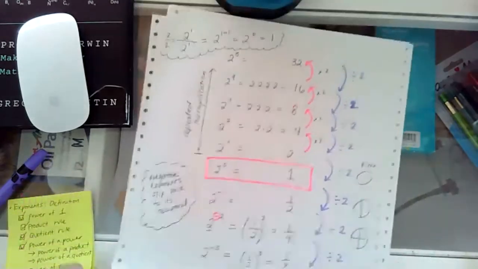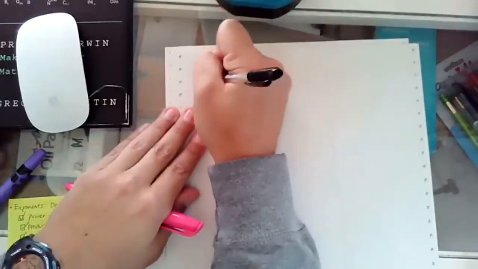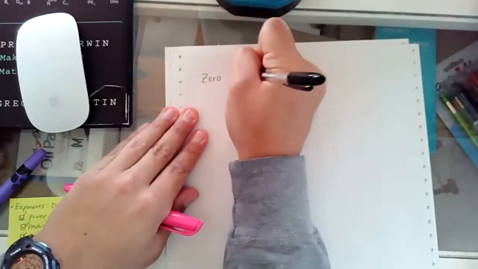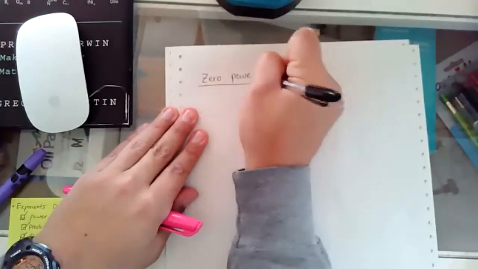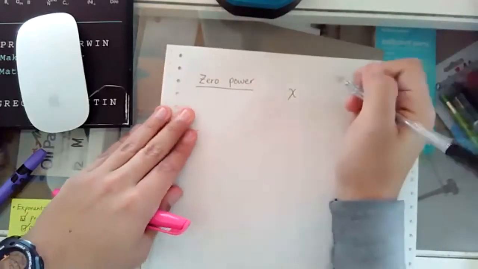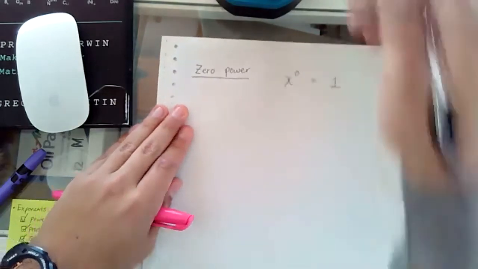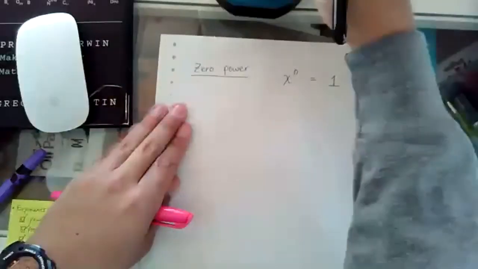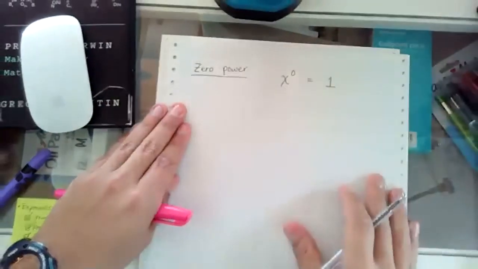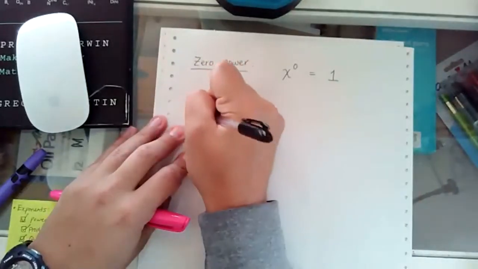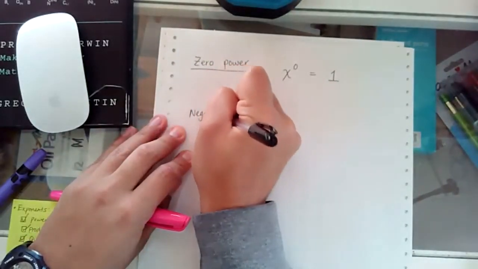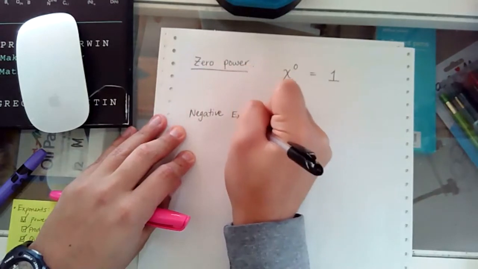Okay, so those are the last 2 rules that I wanted to leave you with. The 0 power rule is that anything raised to the 0 power is 1. And the negative exponent rule